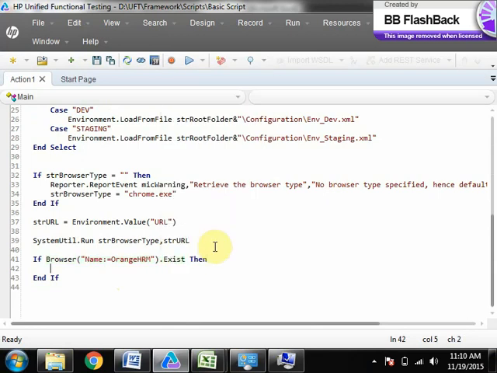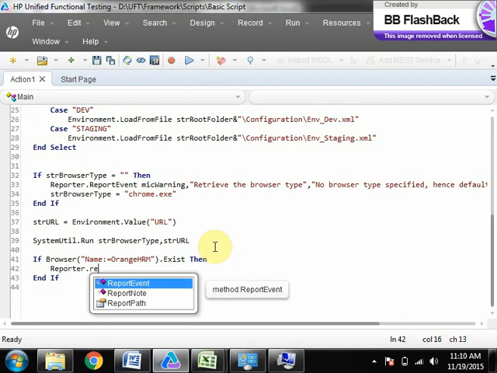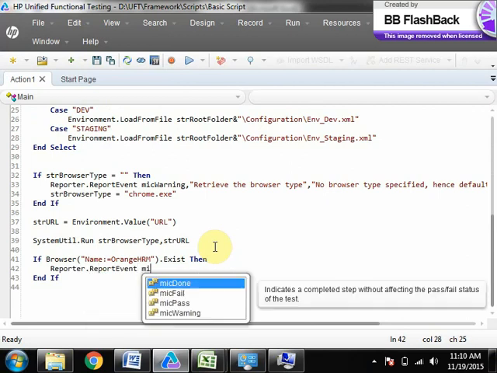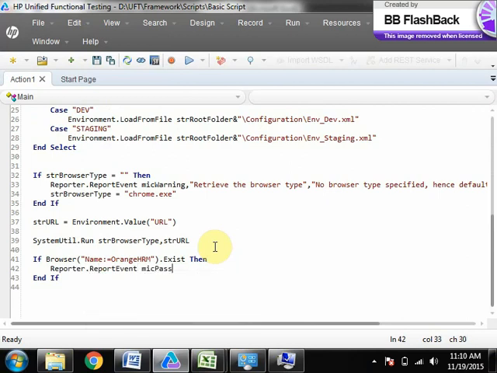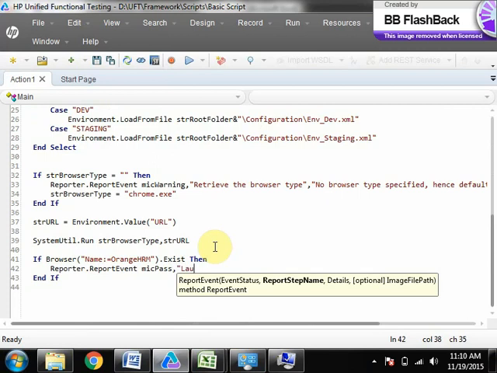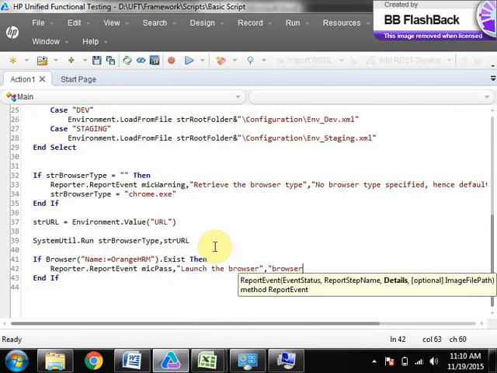See, again we are using the Reporter.ReportEvent only, inbuilt reporting, but that has to be changed a little bit. I will come back to that again. Reporter.ReportEvent, we pass launch the browser. Browser has been launched.